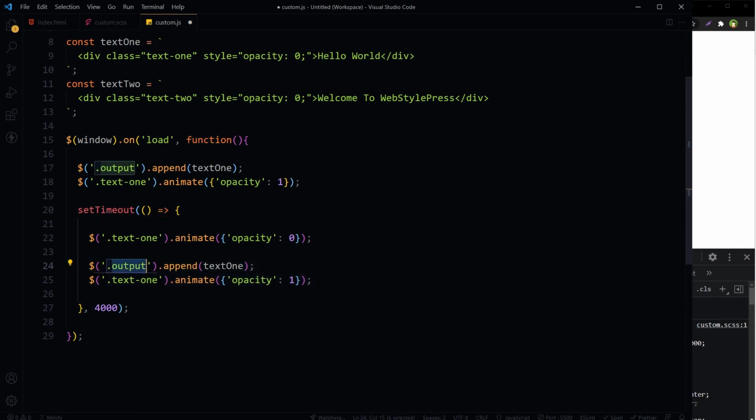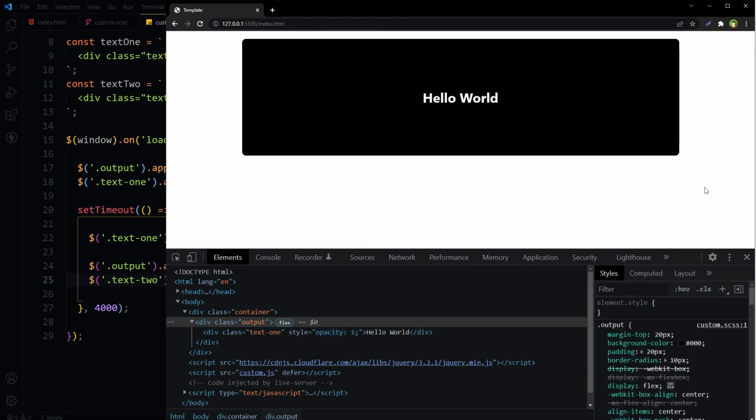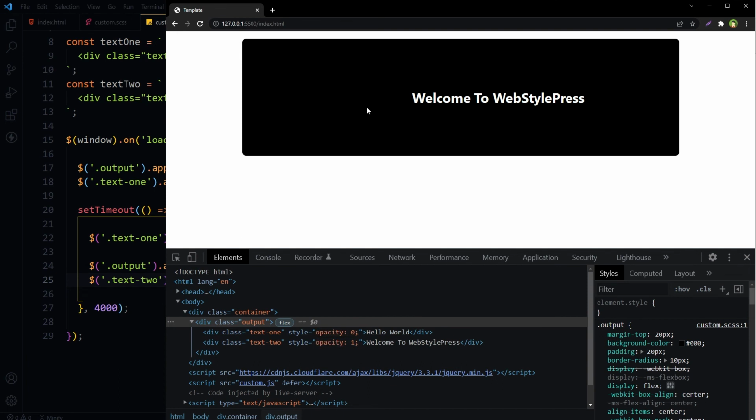So output, append this div or these contents text2, and it has got class text2. Animate opacity to 1. Refresh. So the second div appeared, but the first is still here.